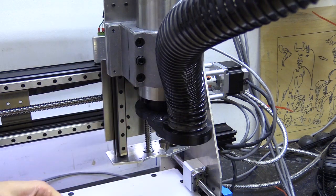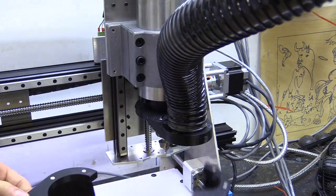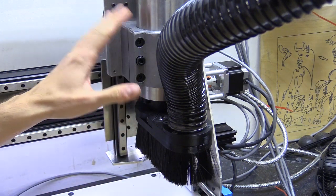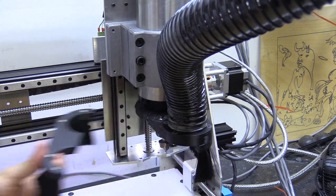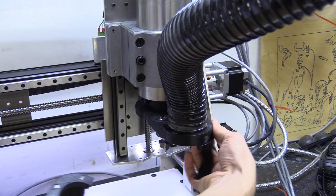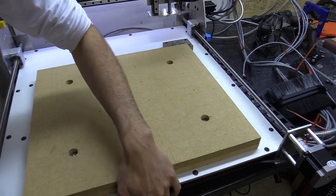Clamped onto the spindle itself, and then the dust section is split into two so that I can remove it without having to lift the spindle up higher along the Z-axis. It simply pulls away like that, and it's held with magnets. At the moment I'm just preparing to surface the wasteboard, and